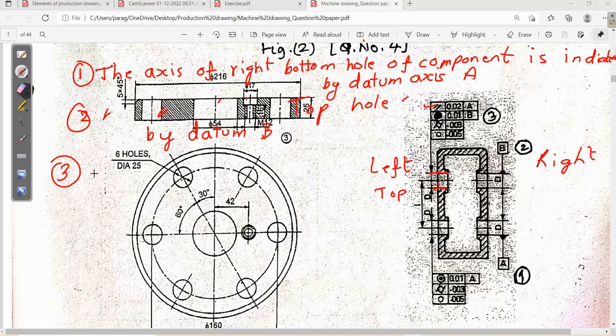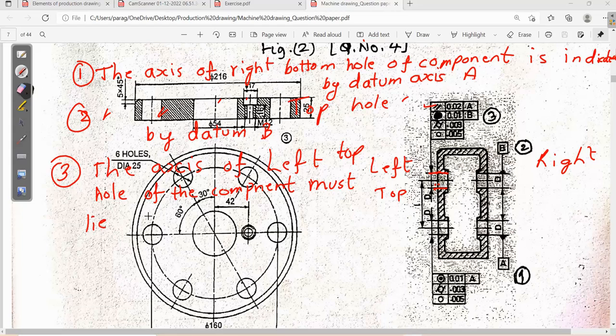So the axis of left top hole of the component. Now what is written is parallelism: the axis of the component must lie between